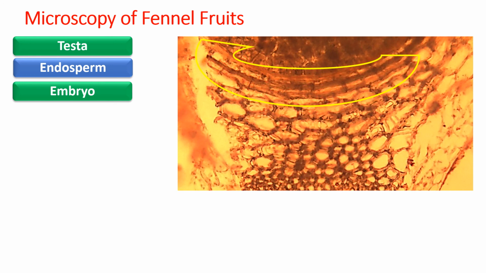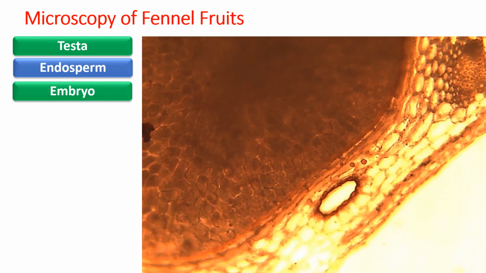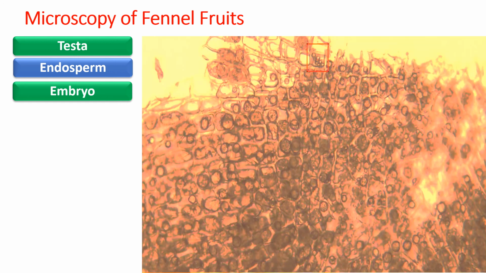This is the testa, and you can notice here the long line of testa, which is one layer thick. And these are the endosperm cells. The endosperm cells are made up of more amount of starch and oil globules. So they can be stained with